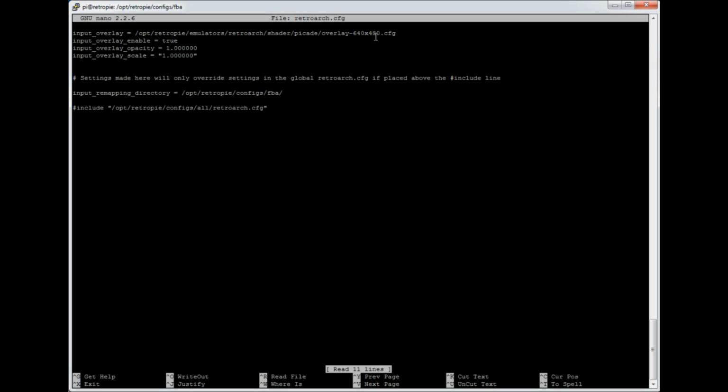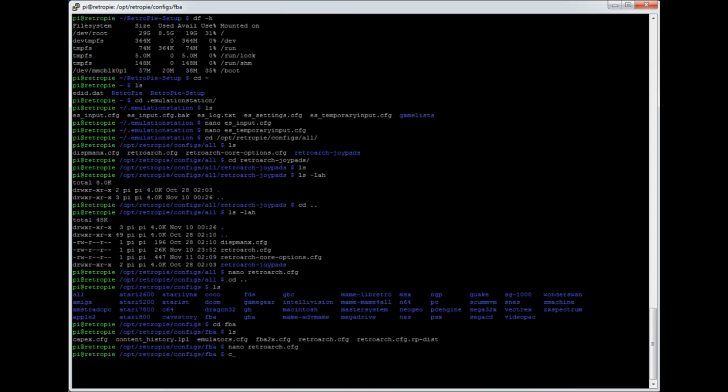Because all the arcade games are such different resolutions, you can't always get a consistent one. You could maybe put a border around some of the space on some of them, but I've just kept it simple, said 640 480 on them all, and it just runs this configuration file. I can put links to these files and the configuration file, but it's extremely simple. I'll show you now where I've put that. I just created this directory here, RetroPie emulators RetroArch shader. That already exists. I created a Picade directory, and in the Picade directory,